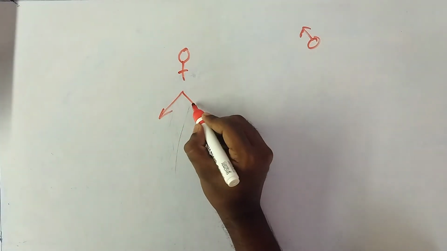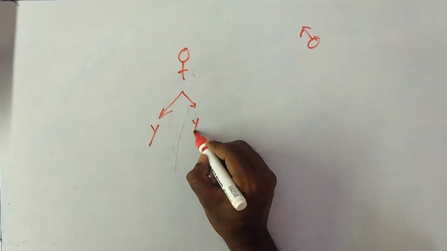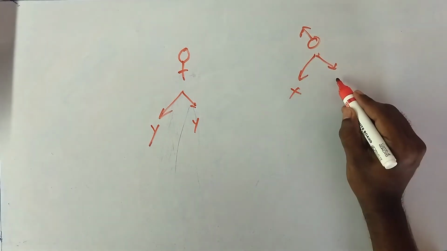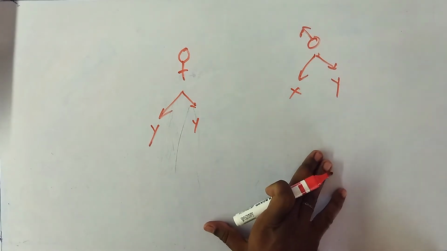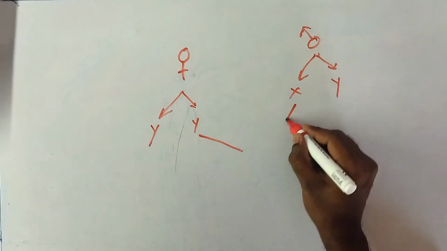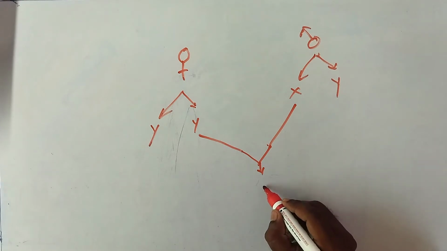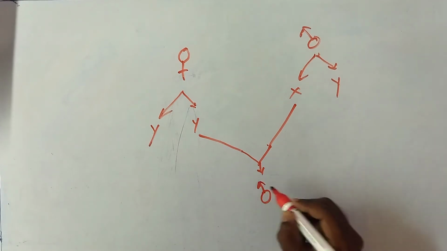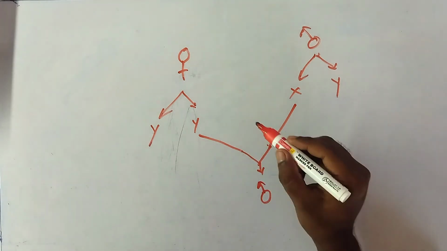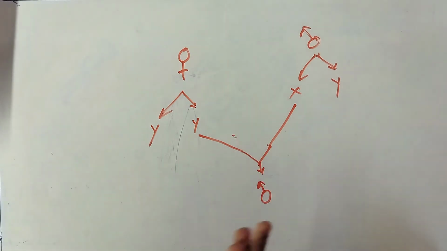From each person there will be two genes. For example, from the female there will be XX, from the male there will be an X chromosome and a Y. This is just an example. If here is the Y chromosome and here is the X chromosome, these two together form one person, one child, that is a male child. If the gene from each parent has this disorder, that means